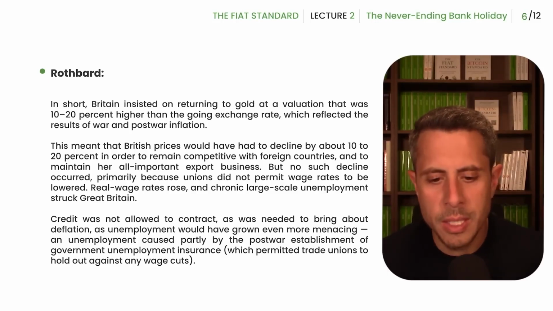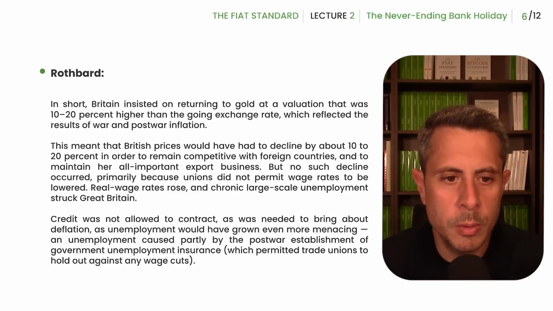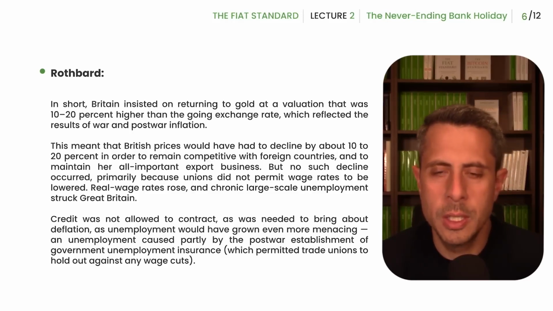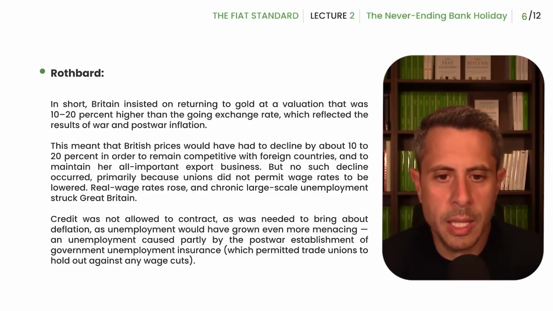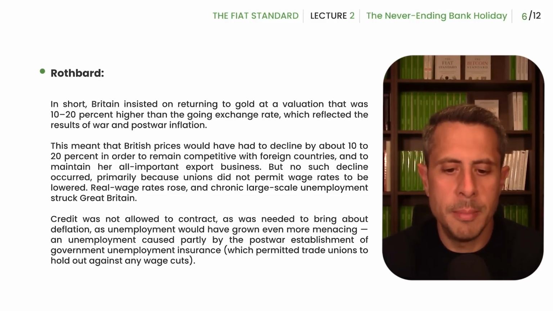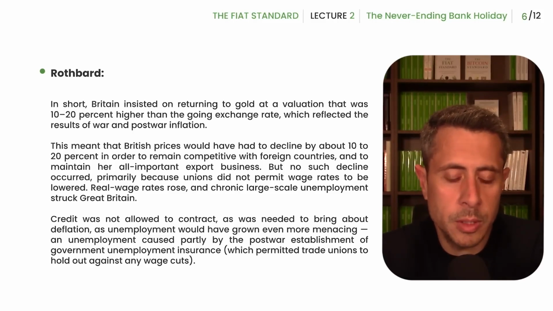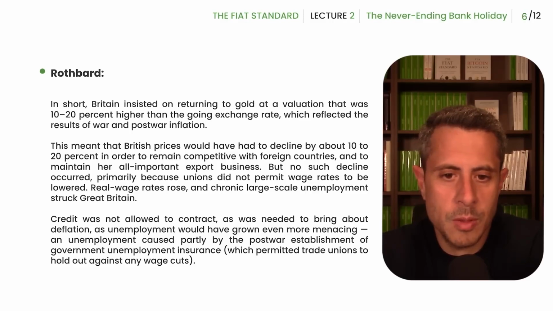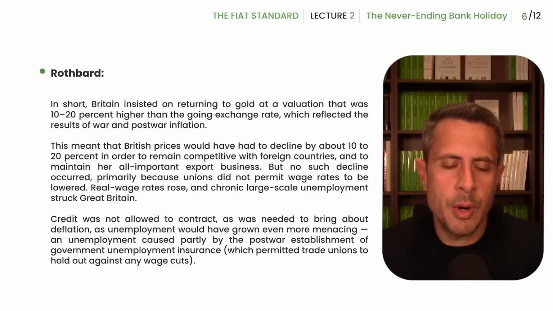And we see this repeat over and over again. This chapter is extremely informative because this was really the first time we see this example in a modern capitalist industrial economy, but we've seen it repeat all over the 20th century, all over the world. After the inflation comes the unemployment and the recession, and the deeply politically unpopular need for admitting the inflation, which politically is very unpopular, and therefore governments choose to